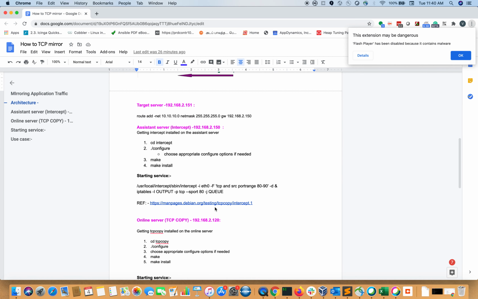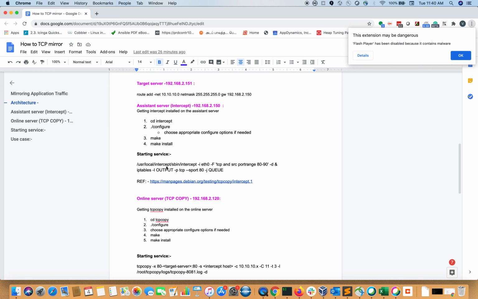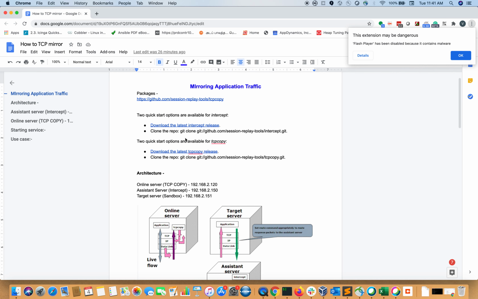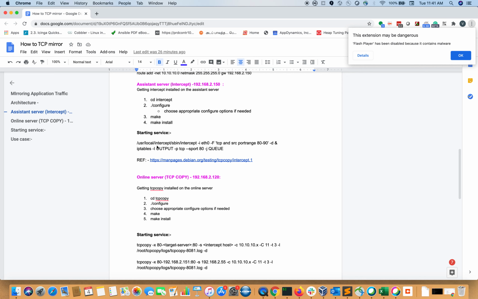Second, the configuration is on the interceptor host, which is nothing but the assistant server, where I am running the interceptor process. The installation is very simple and straightforward, and you can download the intercept package from the link I pasted in the description box, right? The TCP rule is for the port on which the original production server is running. So it is 80, and we have given a port range here. It is enough to have 80 only, but it is not a bad thing to give a range of ports, so that we can use it later.